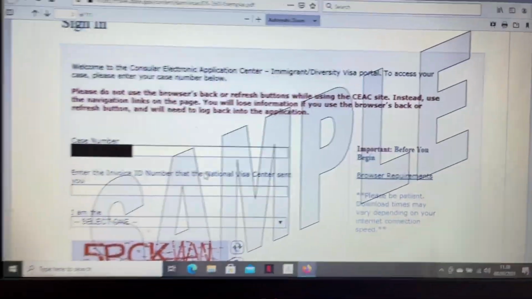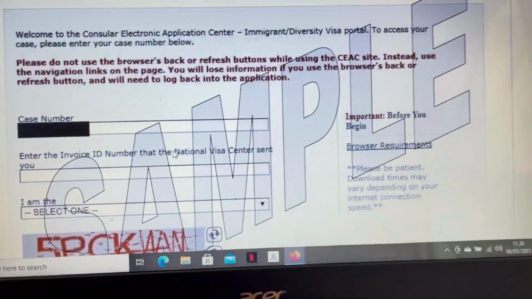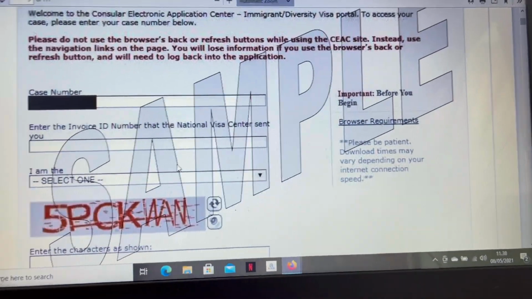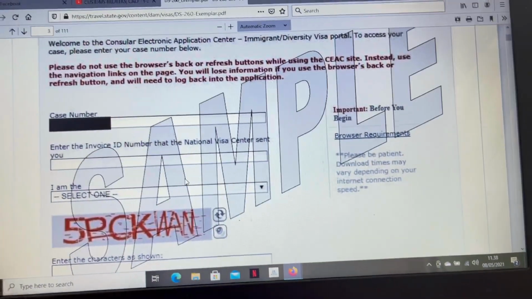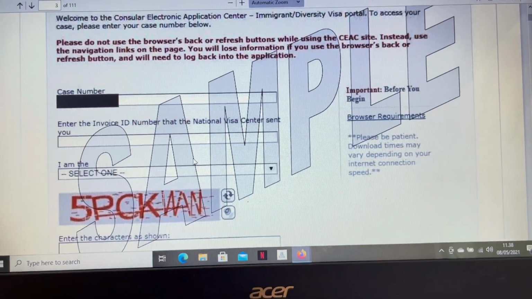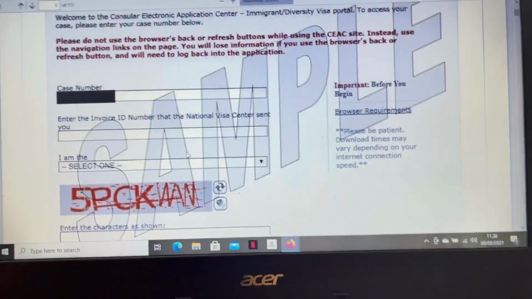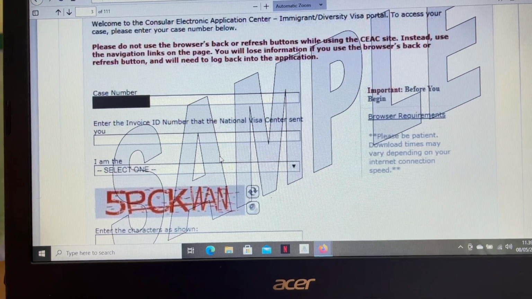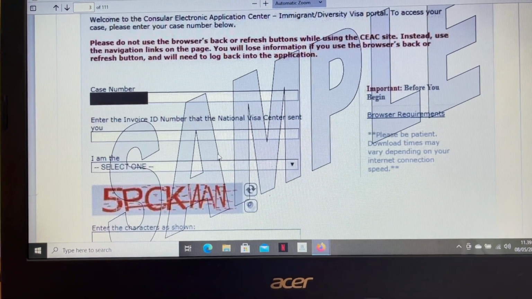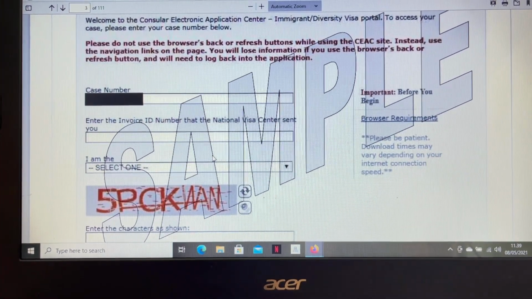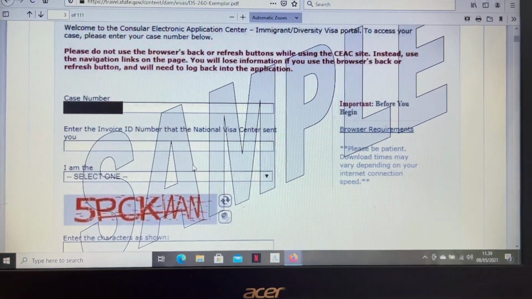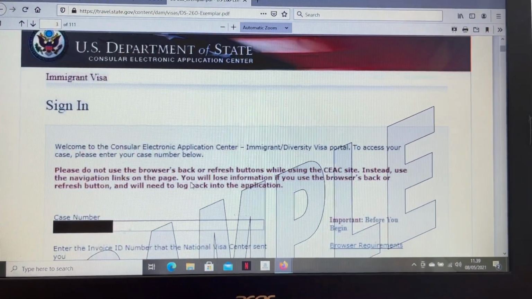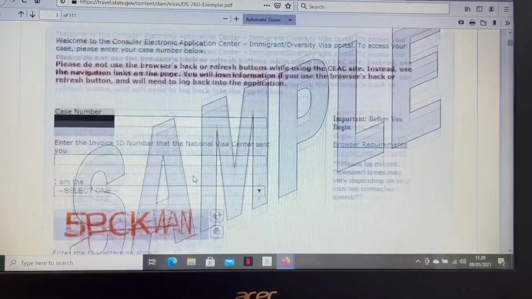So this is the second sign-in page wherein you will need your invoice ID number. The invoice ID number is the one that is sent to you by the NVC. That is starting with IVSCA, and then followed by the number. So just type in there your invoice ID number,